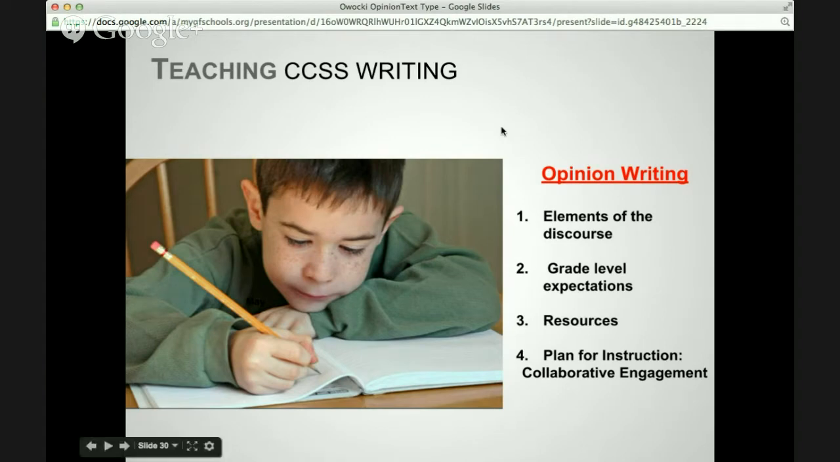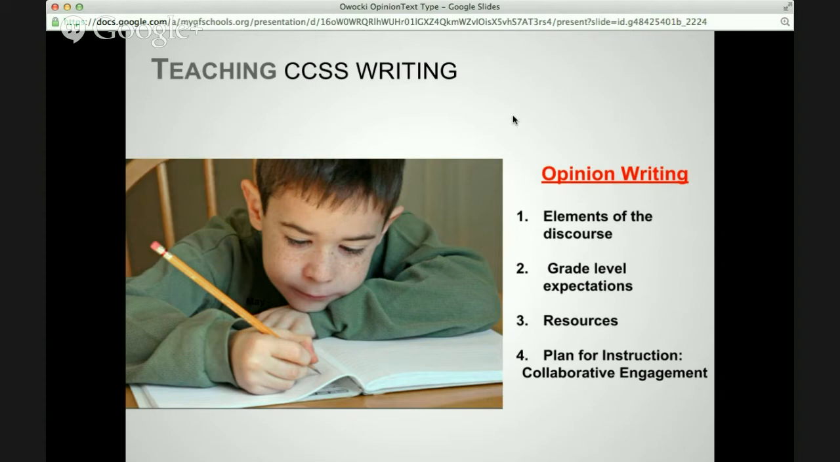Hello, everyone, and welcome back to our second part of opinion writing. As we said in the first session, we were going to break this into two parts so that it allowed you to do these sessions in a way that works for your school. So this session will actually be a little bit longer than part one because we are going to cover